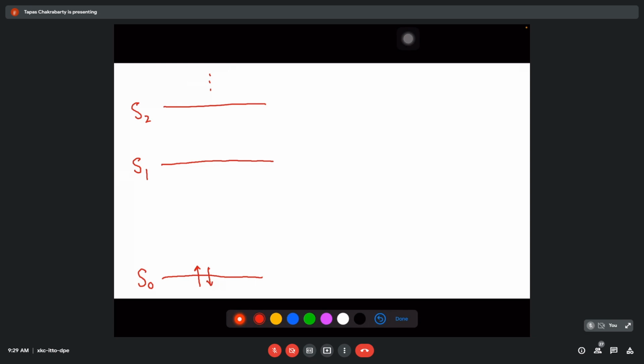So when you say the first excited state, it means that one of the electrons in the ground state has been promoted to the upper energy excited state, maintaining the same spin characteristics. So once you excite this electron from here to this excited state, the excited state electronic configuration becomes the following. It is like this.